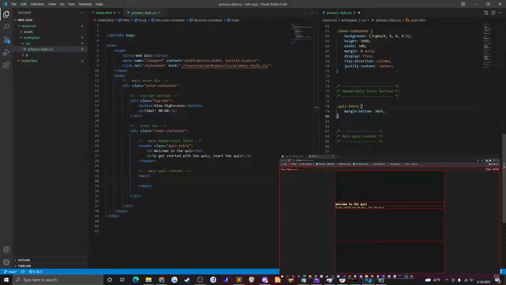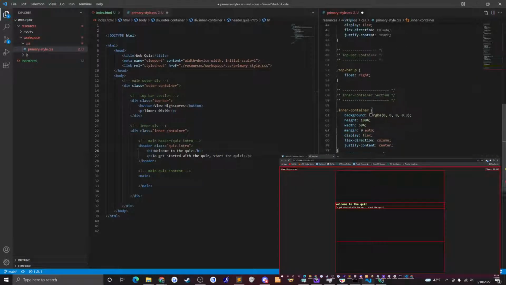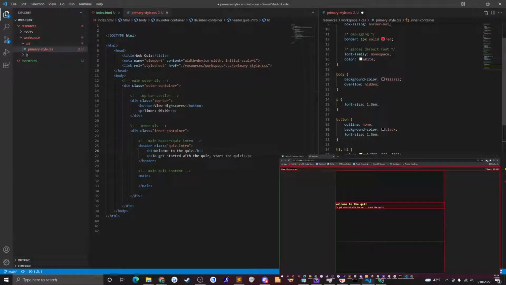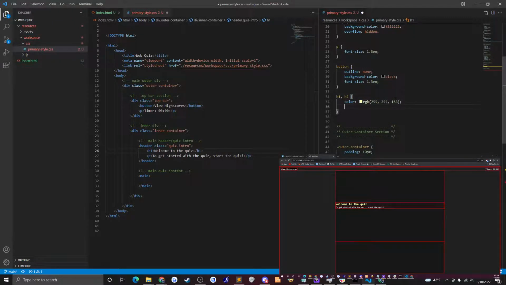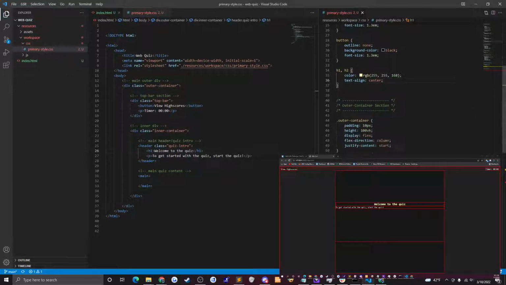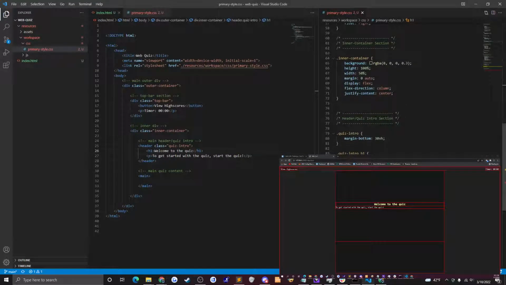All right. Now we have to center all of the content in the header. So that'll be pretty easy. Target the quiz intro h1. In fact, you know what? I just know that all of the headers that I'm going to use in this project are going to be text align center. So I'm going to go up here in the global declarations and just declare that. So I'm just going to say that all headers will also be text align center. And then we'll just say that the quiz intro p tag